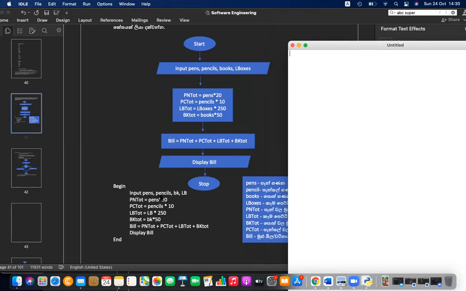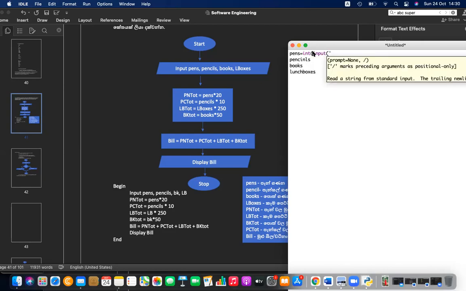the same thing. Input pens, pencils, books, and lunch boxes. You can say pens, pencils, books, lunch boxes. So pens equal integer input, that means a number, enter number of pens.